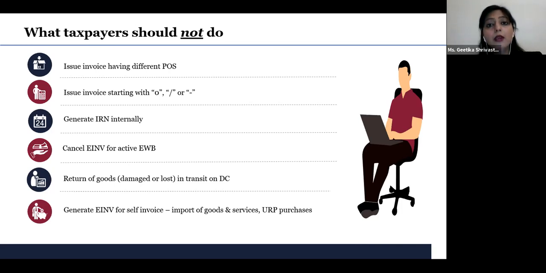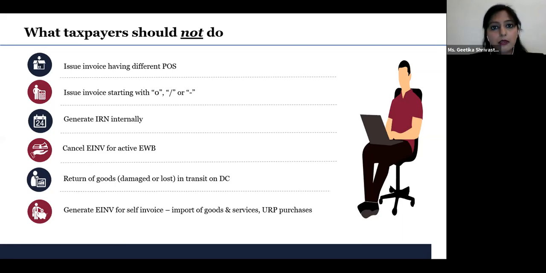In the e-invoice scenario, the minute you generate an invoice, it is sent on the invoice portal for IRN, because without that, the goods cannot move. Now, if the goods have to come back, it becomes more than necessary for any business to generate a credit note for such transactions, and you cannot move those goods on DC, because if you do that, there will be a reporting on the portal that there is an invoice generated on this particular movement. But when you do the GSTR reporting, as per the practice you have been following, you will not report the invoice of this number on the GST return. So again, there will be a mismatch, unnecessarily inviting the department's attention to your business.